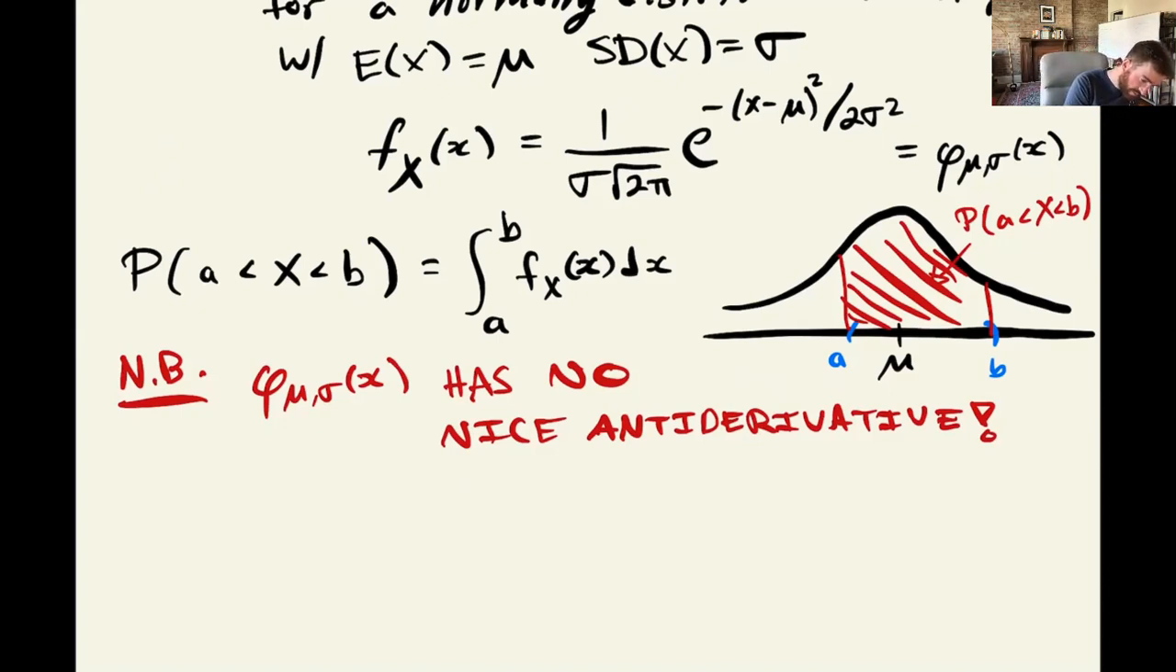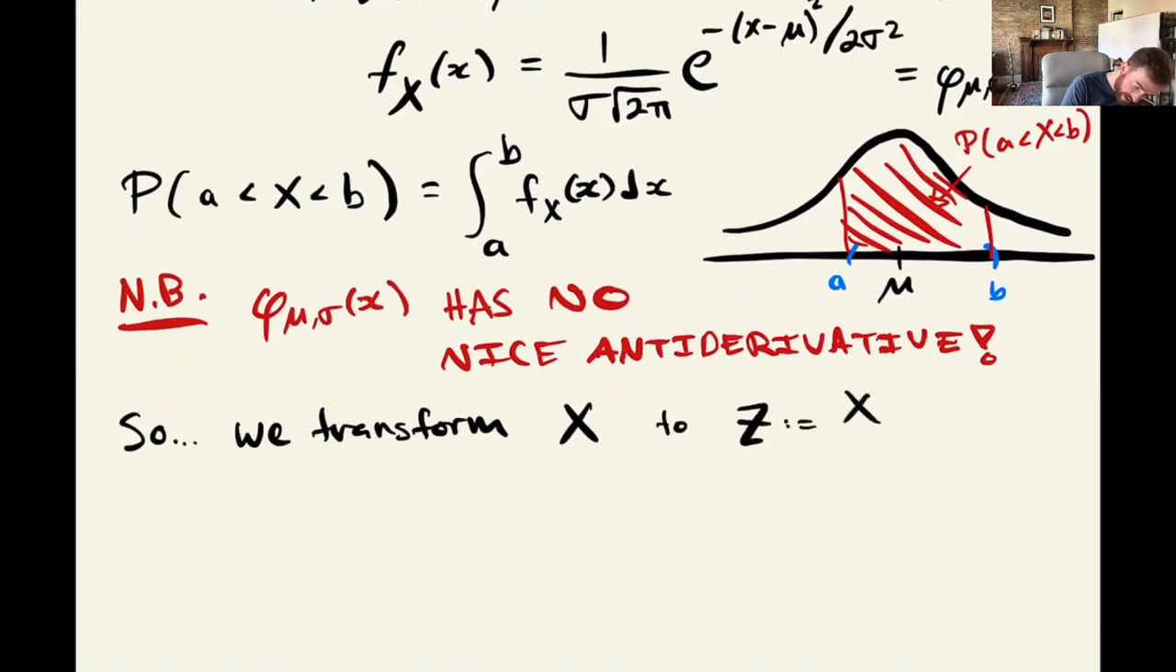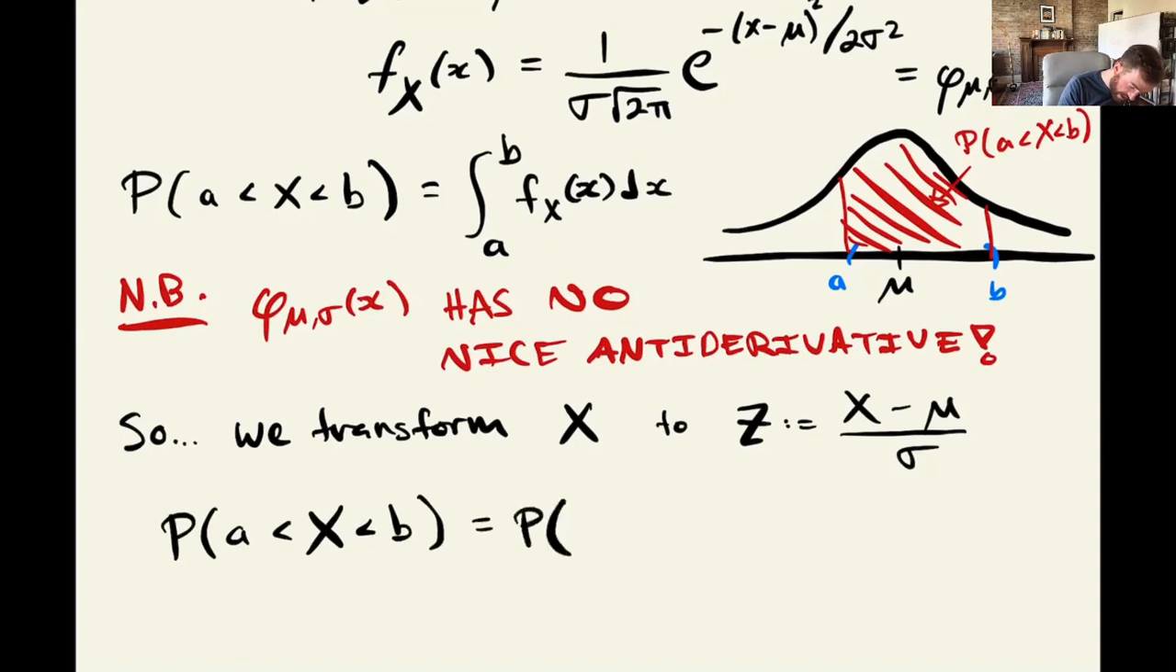All right, so what we do instead is we must transform our random variable x to capital Z, which is going to be defined as x minus mu divided by sigma. And what this then means is that we can compute the probability of x lying between 2 points A and B by instead computing the probability that Z lies between what I'll call A star and B star,